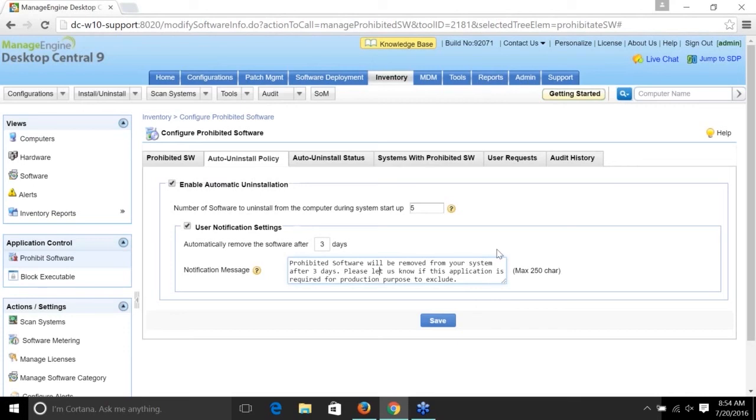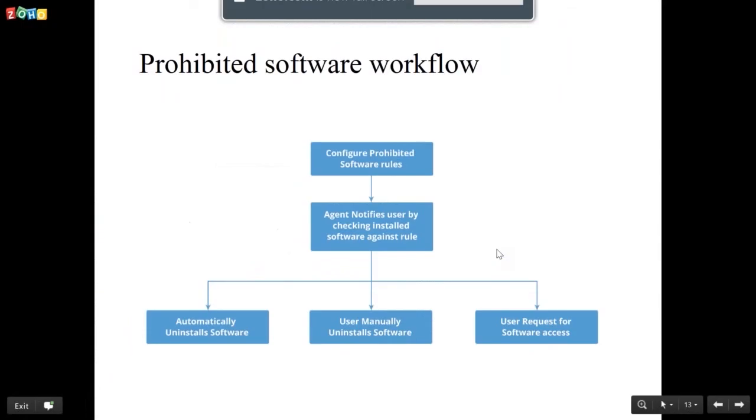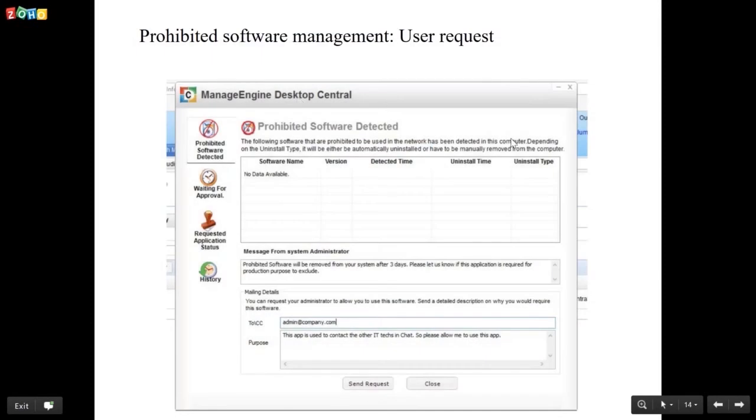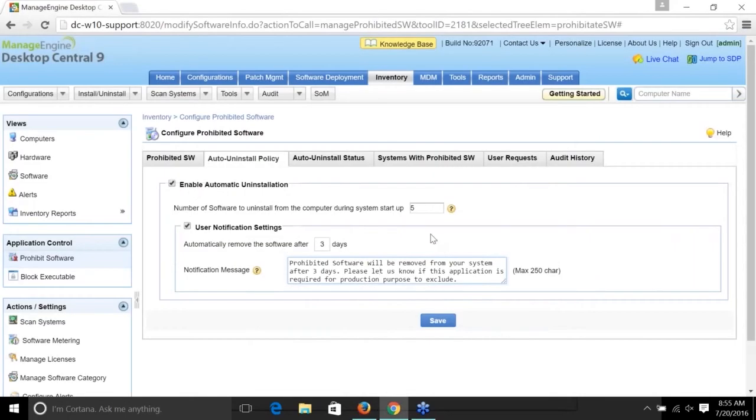Let's see how that notification will look from the user screen. So this is the window the user will see that will be prompted from the agent. The message from the system administrator shows the user that the application will be removed in 3 days, and to let me know if it is required. All right. So after 3 days,